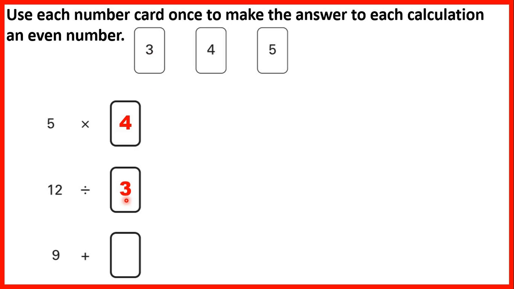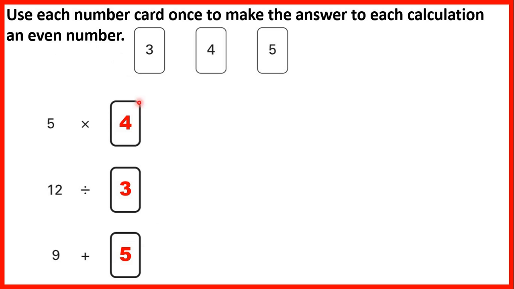If we divide 12 by 3, that gives us 4, because 4 times 3 is 12. And 4 is an even number, so we can use 3 as this card here. And if we have 9 plus 5, that gives us 14, which ends in a 4, so that's an even